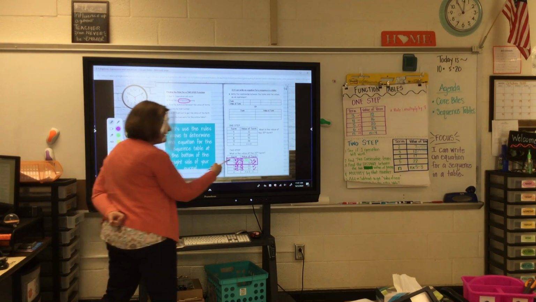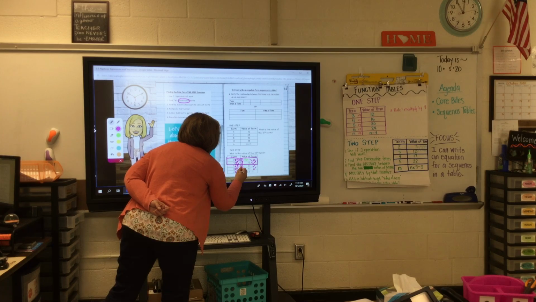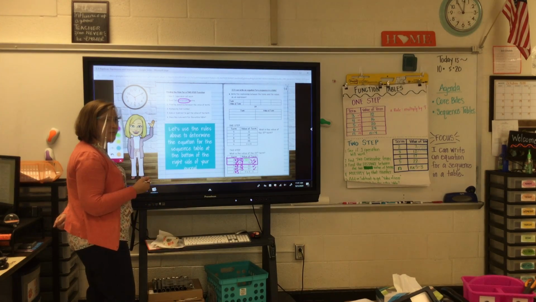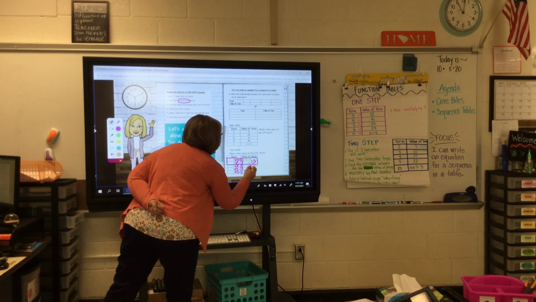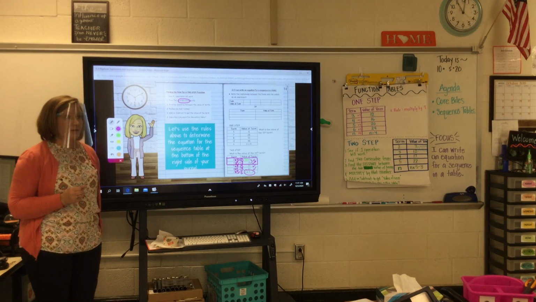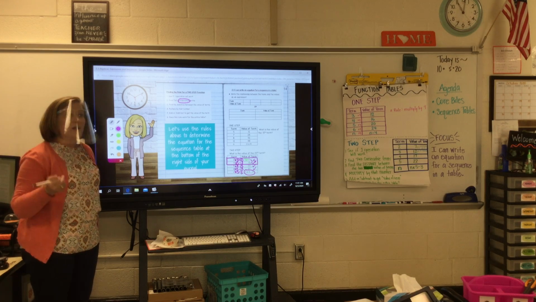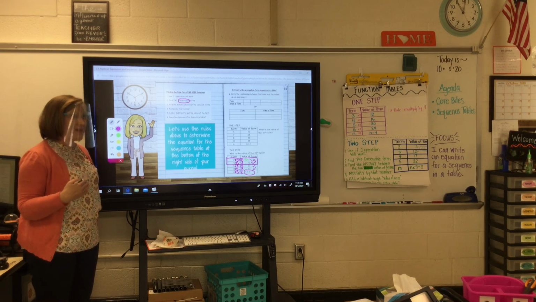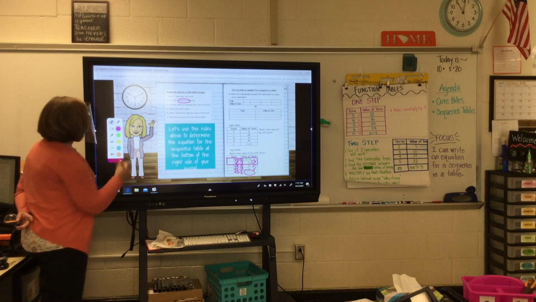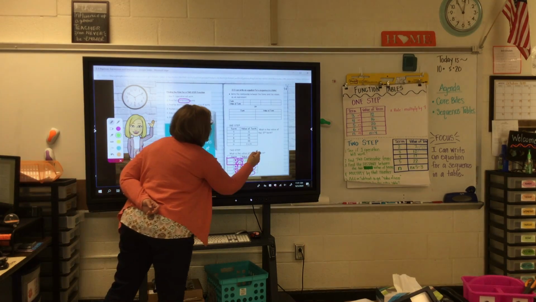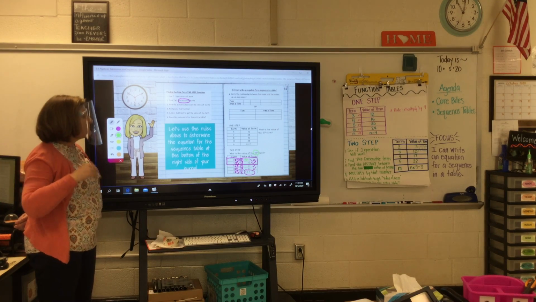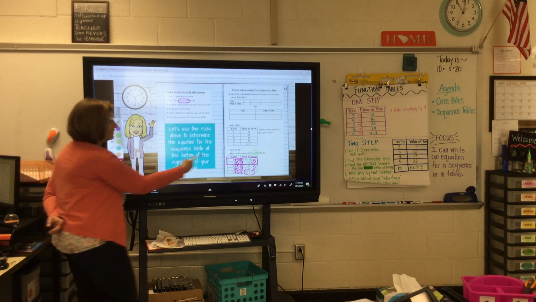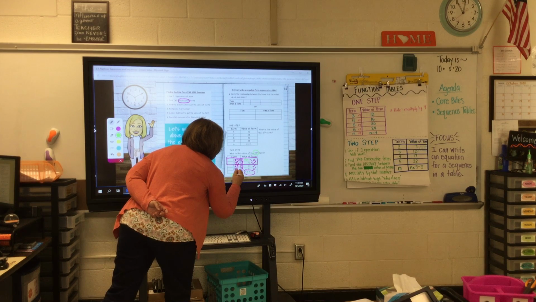So, n times 5, do we know? No. Minus 3. So I get n times 5 minus 3. I can't plug a number in because they gave me a letter. Now, it asked me for the 25th term. So what am I going to plug in over here on the left? 25. 25 times 5 is,